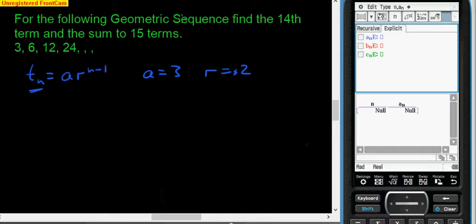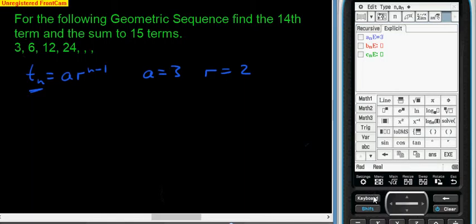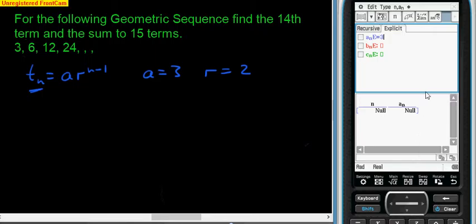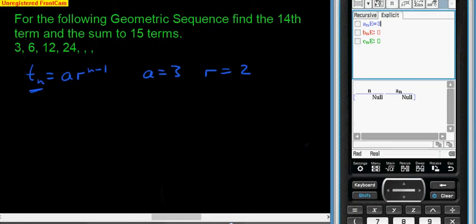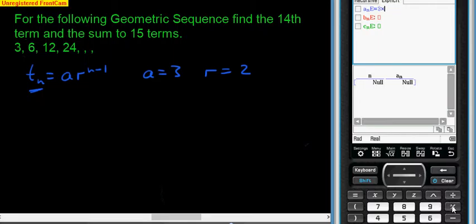Let me just get rid of that a little bit, I made a bit of a mess with that. Okay, we just have to enter that over here into our explicit equation. So the explicit equation is A, which is 3, times, oops, if I get the keyboard up here I can get a times now. I have to move my calculator around a bit, excuse me. Where's the times sign? There we go. Times 2